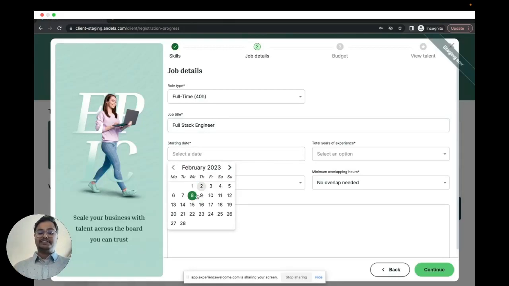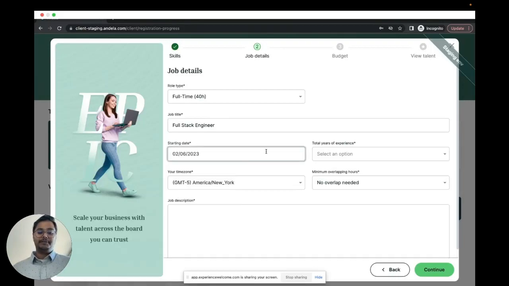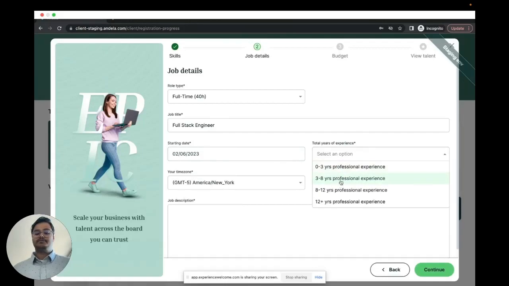We ask you to select a start date. Of course, Andela can move pretty quickly. So typically we ask our clients to start interviewing like 1 or 2 weeks out from the date that they want to hire. But of course, you can feel free to schedule interviews if you have a hiring date in the near future. So for the sake of this demo, I can put in the next Monday